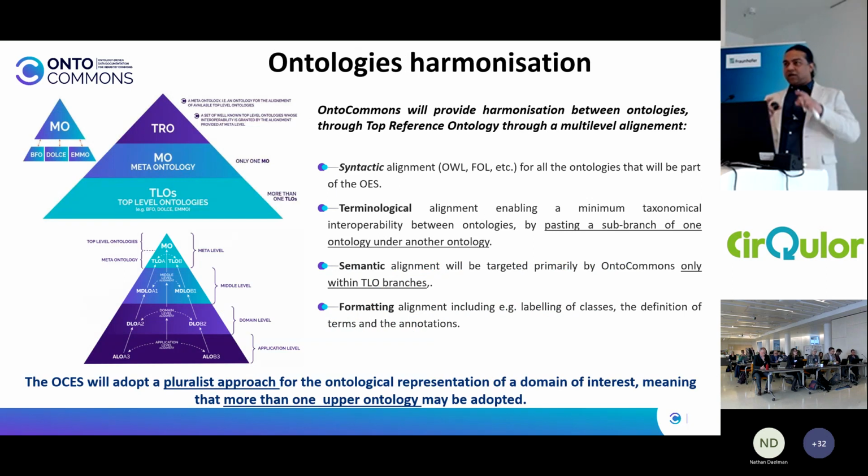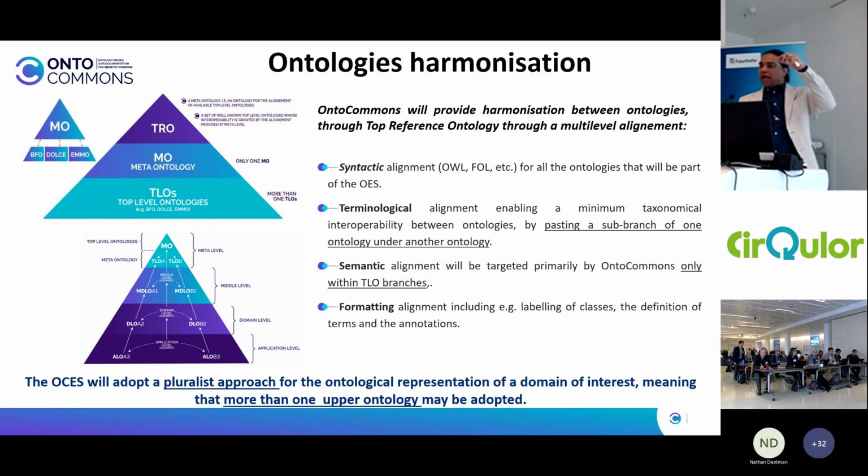But starting with this stack of ontologies at the heart of it, because it is the most important part and also the most complex to develop, what we are trying to do is to create interoperability through the alignment of the ontologies, and the alignment is being done at different levels. For sure, there is syntactic alignment, so the common formats, but also terminological and semantic alignment, so they are formally aligned. And this is being done through this stack of ontologies.